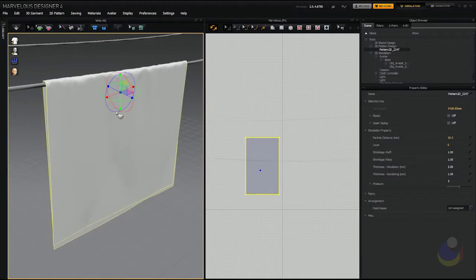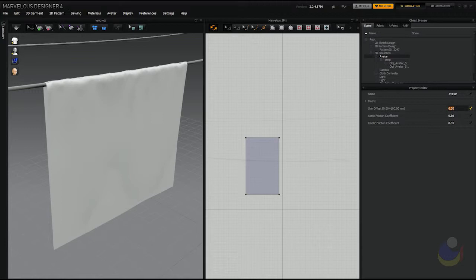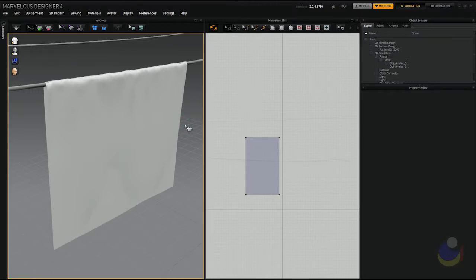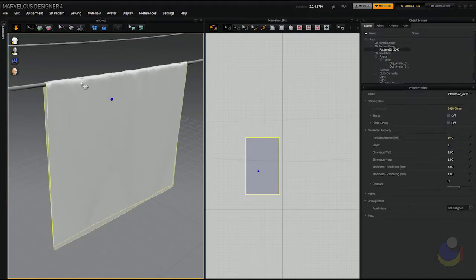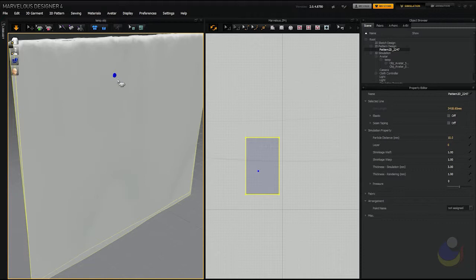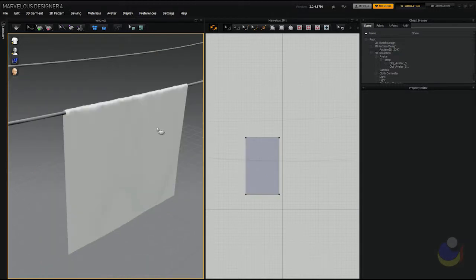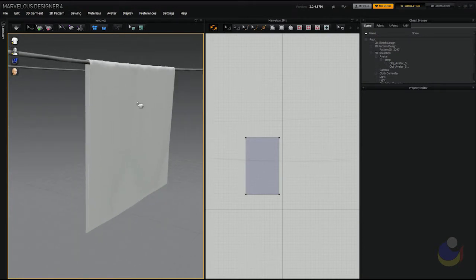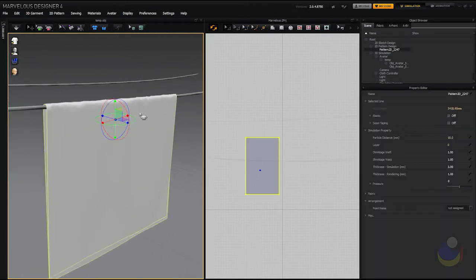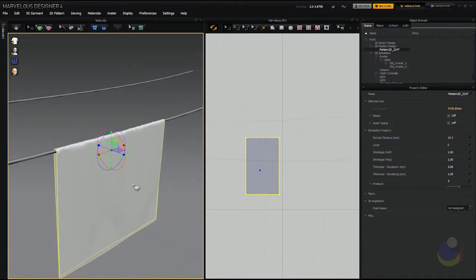Let's pull it up one more time, let it fall. No, it's still going through just a little bit. I'm going to up it just a little bit more, let's say 0.5. And that's looking good enough. These little areas where it's poking through, we can pull these out in Blender, or alternately, we can just turn off the sim and we can nudge this whole thing up just slightly. And now, not colliding. So when you actually export your piece of cloth, you'll want to export it at a